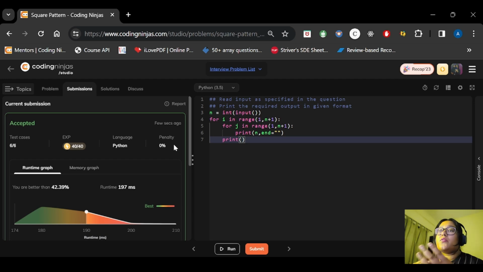In this we had the i and j loop in the same way, right? We were iterating both for the same number of times, but now we will be leveling up and solving a little more difficult problem where we will be printing triangles. So there will be a difference between the number of times i is iterating and j is iterating. So now let's move on to the triangle pattern.